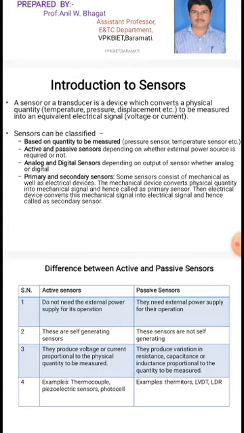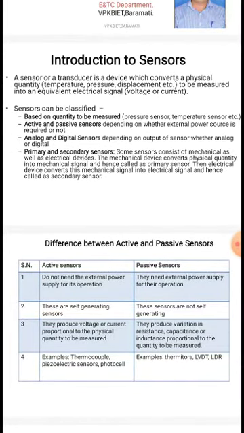Primary and secondary sensors, so let us see a simple example. The primary sensor senses the physical quantity and produces a measurable response, maybe a change of resistance, change of inductance, change of capacitance, or change of displacement. The output of this sensor is a non-electrical quantity, which is converted to an electrical quantity by using a second transducer. The best example is an elevator or Wheatstone bridge.